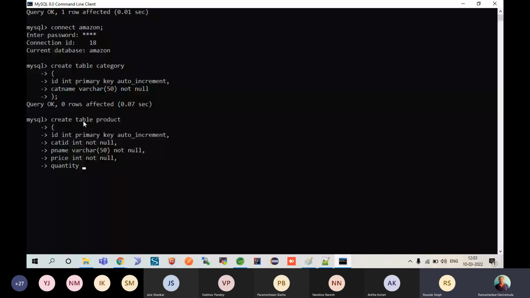It cannot be null, and finally description, where I'm going to accept some 500 characters. Can this be null? Yes, it can be null. So I have cat ID primary, and then product name, price, quantity, and description. There you go. Close it. Now I'll say alter table product, add